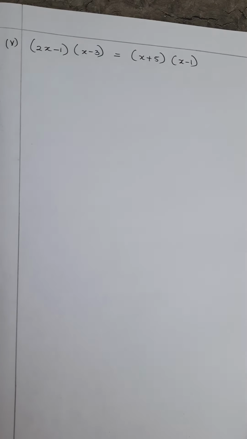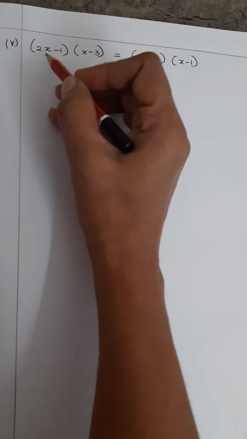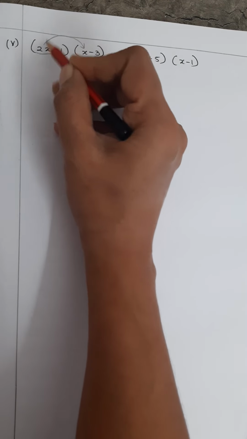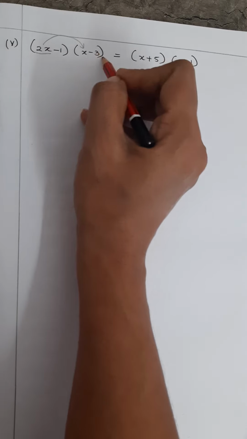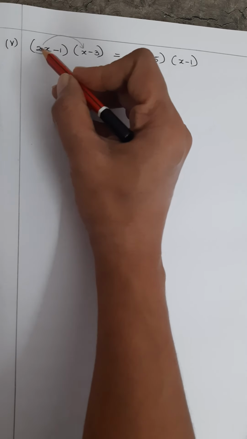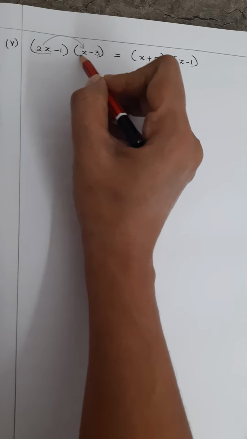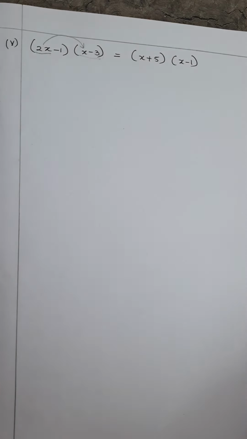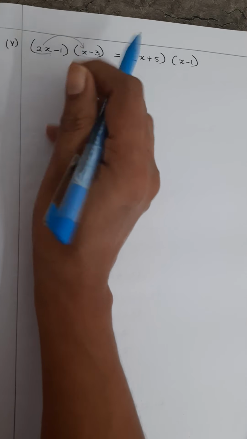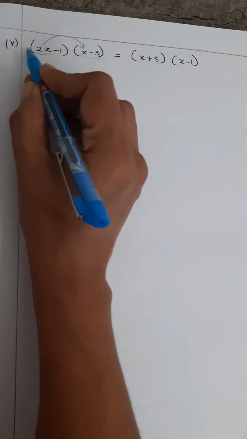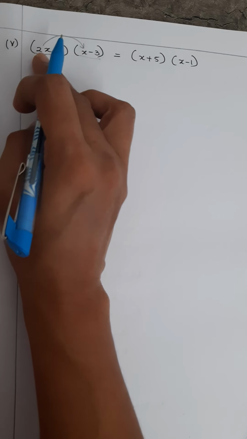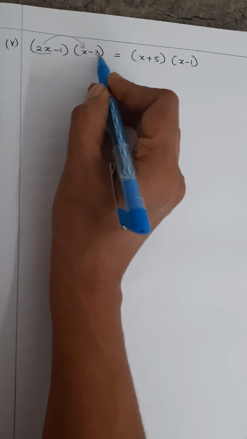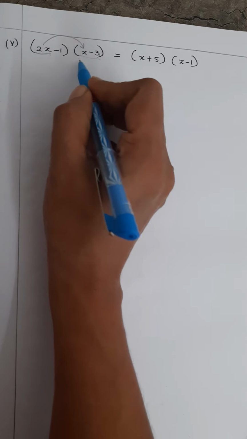Alright, so how can we remove the bracket and multiply? Now if you see here, this is 2x. First we have to multiply 2x with both the terms including the signs. We should not forget the signs. So first we'll multiply 2x into the whole term and then minus 1 into the whole term. Take the first term. In this, 2x is there and minus 1 is there. First let's multiply 2x with this whole term here and then minus 1 into this whole term.